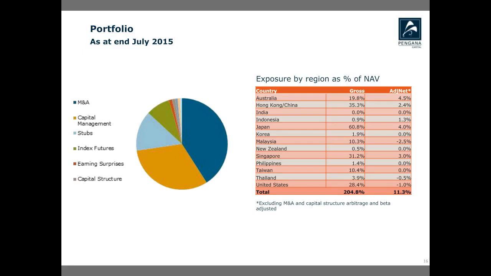And in terms of geographical allocation, we've also brought the gross exposure towards the China portfolio lower. So right now, the two biggest markets for the fund are Australia and Japan. So this nimbleness and the liquidity of the book allows us to react to macro environments.